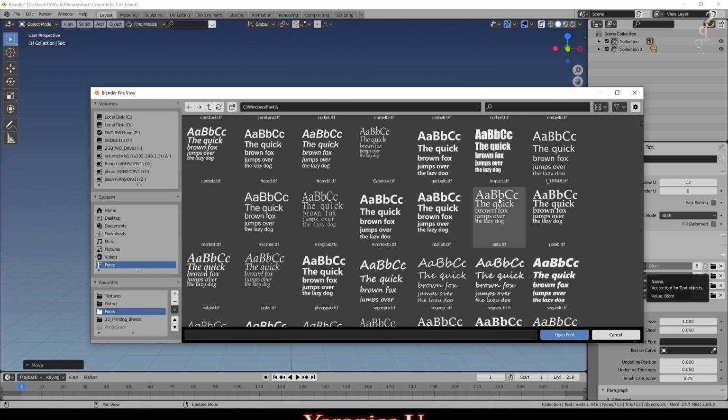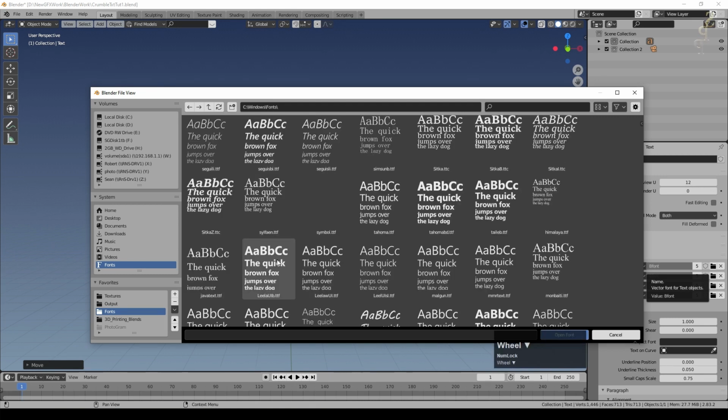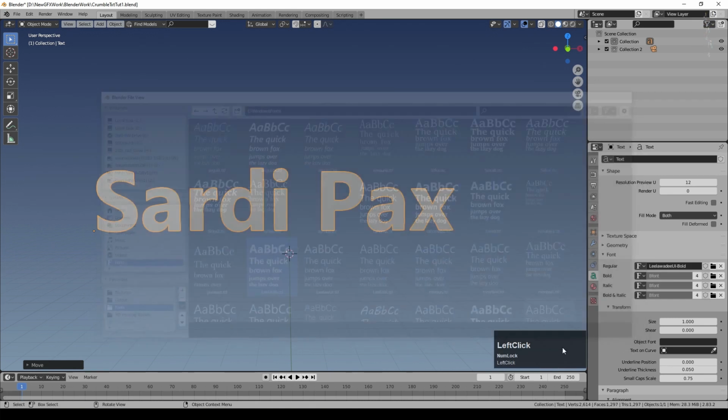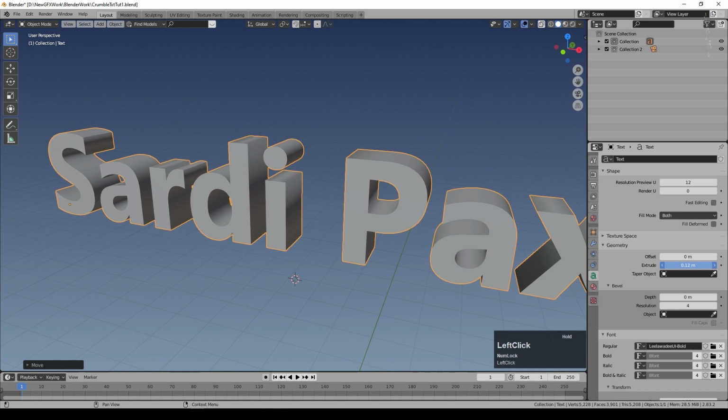Now, one thing I would say is for some steps that come next, you're better off sticking with a simpler font rather than a very, very complex font. So the more rounded ones without the serifs, which are these little bits on the end here, are going to be easier to work with. You can do it with any font, it's just the amount of work that there is to make it work with the add-on. So we'll go with this nice blocky font here, and we would also normally want to extrude that, which we can do in the geometry space, obviously to give us a solid block of text.